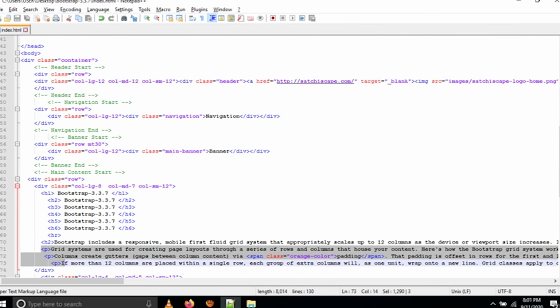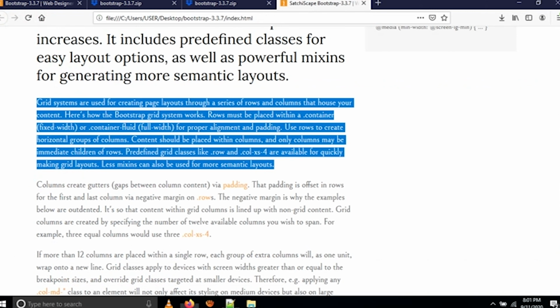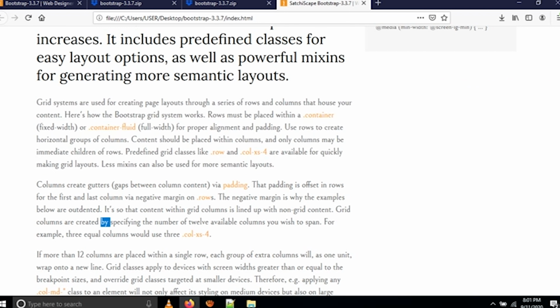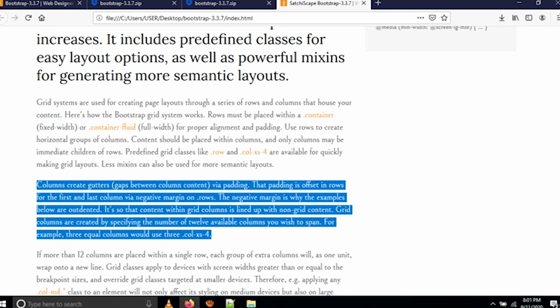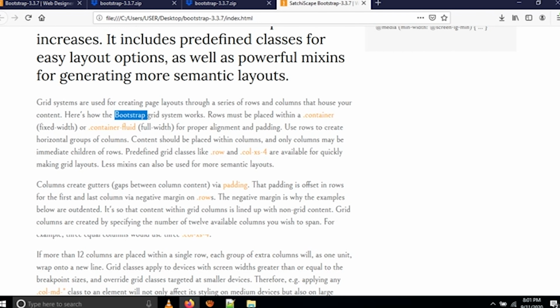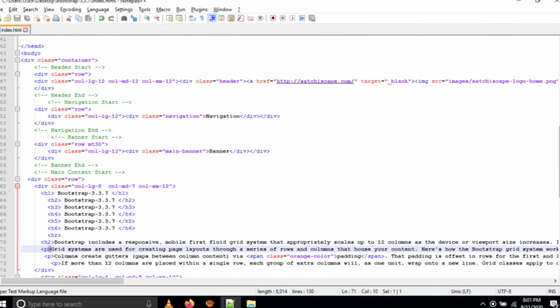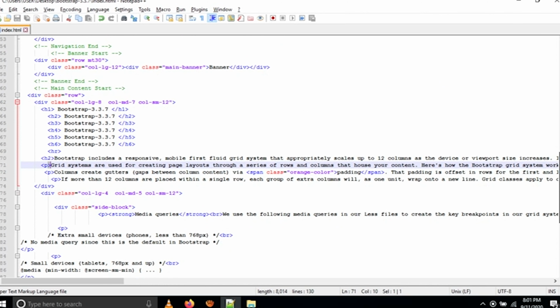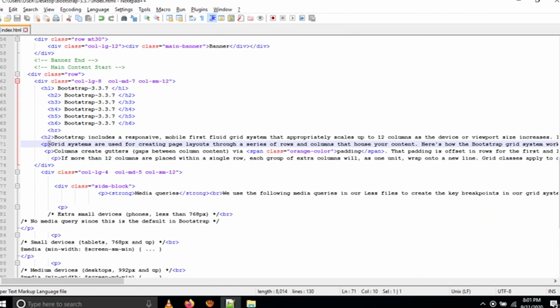You have to write your code in the p tag. It automatically takes space, because this is Bootstrap. If you are using Bootstrap, it's very easy, and if you write the p tag, it automatically takes space. Very friendly. You don't need to write anything for the spacing.